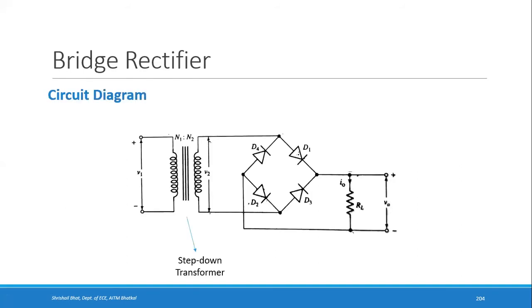So here, this is a circuit diagram of a bridge rectifier. You can see there are four diodes D1, D2, D3 and D4 which are connected this way, right? Here you give the AC input, then there is a step down transformer here. Whatever the available voltage at the secondary of the transformer is V2, that is given across these two points, and the load is connected in between these two. So we show it like this.